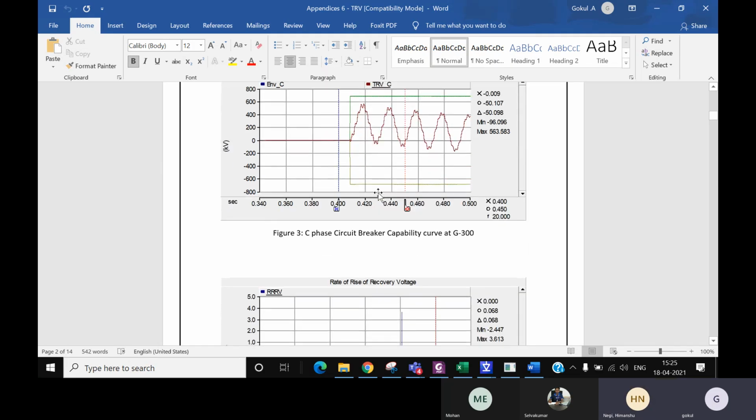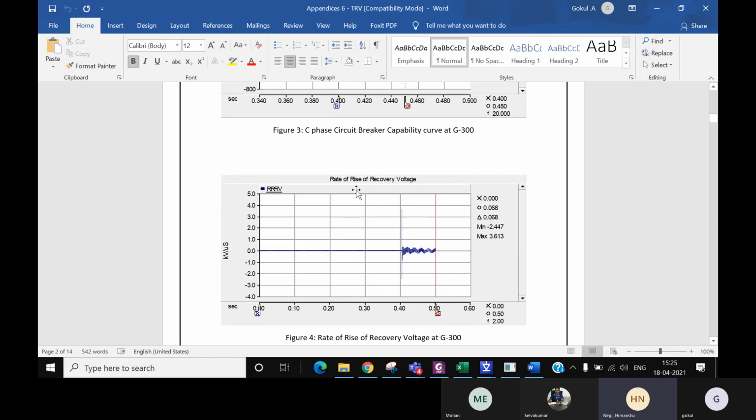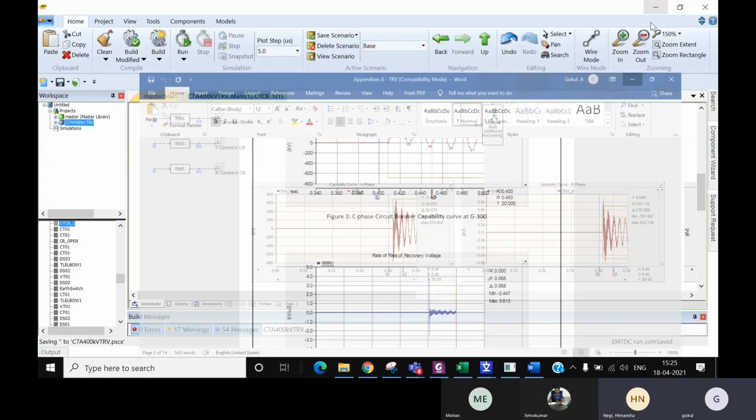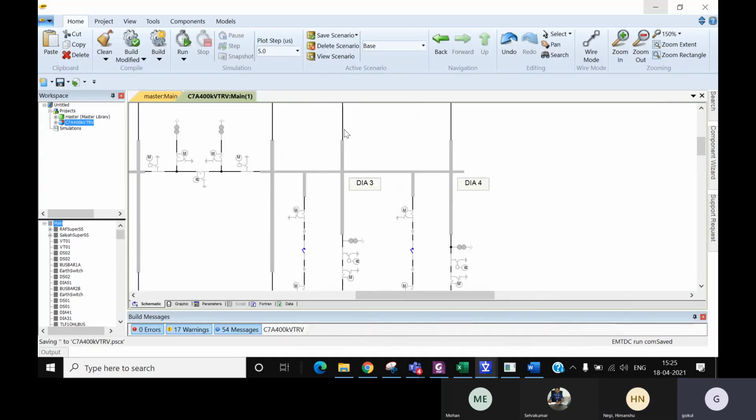And then when you do this TRV for, say, one breaker, how many breakers can you do this for? All of the breakers, or based on some judgment? Yeah, you will be defining some cases based on your system. You have a cable, a transmission line, a transformer. You have to define cases, and if there is a fault on the OHL, you know that, right? For example, if there is a fault on this line,